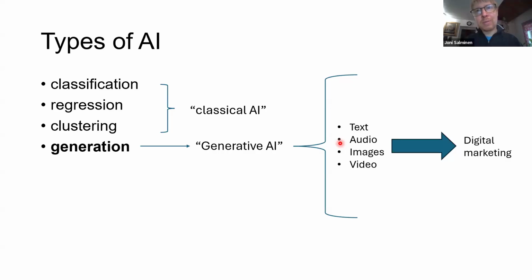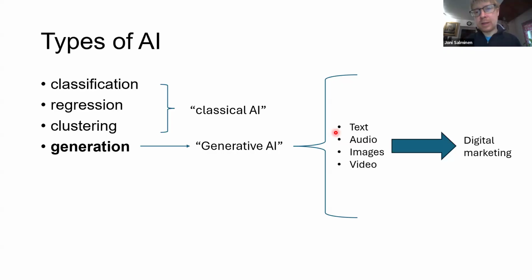Well, content marketing, first of all. In content marketing, content is the key, and content is generated in all these modalities in different social media platforms. So it also becomes a social media marketing tool, because it can be used to generate posts